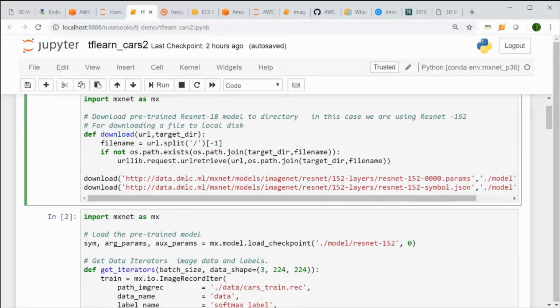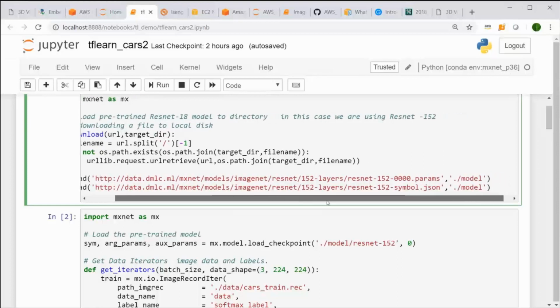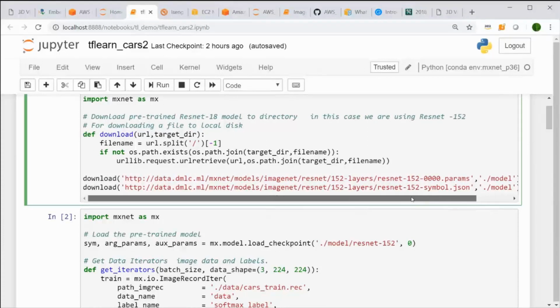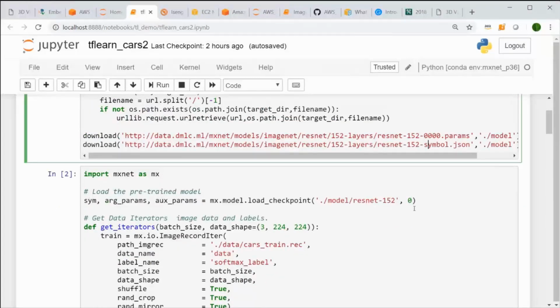The first thing you would do in transfer learning is download the actual model from the system. It consists of two files. One is a parameter file, which has all the weights of your model. Essentially, this is billions of parameters. And then there's a JSON file that describes the architecture. It shows you what those 152 layers are.